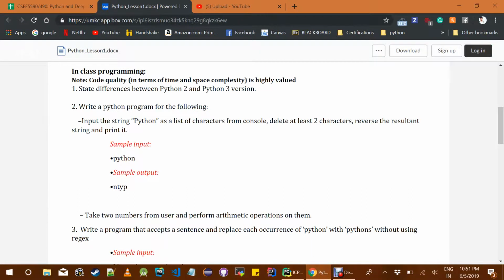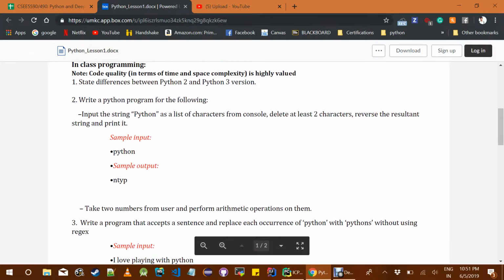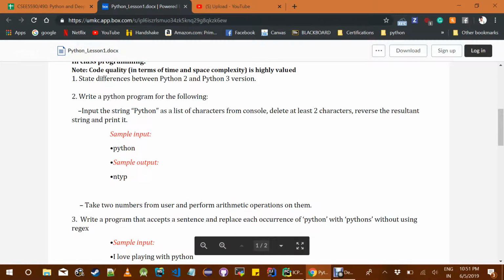I'm here to explain my in-class Python course, in-class programming 1. I've been given some programming tasks to perform. These are the tasks which could state the difference between Python version 2 and 3, and to write a Python code